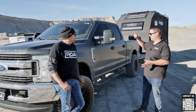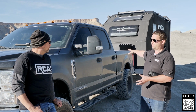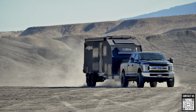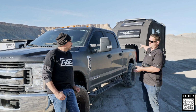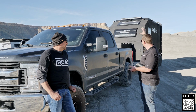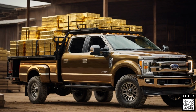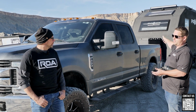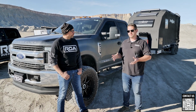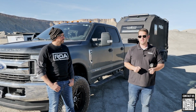I'm not giving you exact numbers, rough estimates. 4,000 pounds that you can throw in the bed of that truck, which is crazy, which means you'll have a big tongue weight. You go to a 350, you might have 7,000 pounds. You could cement your truck, just fill it up with cement and gold bars on top of that. It's crazy, right? You don't need 7,000 pounds in the bed of your truck to pull a fifth wheel. That's outrageous, right? And so the difference for you as a consumer driving a 250 versus a 350,